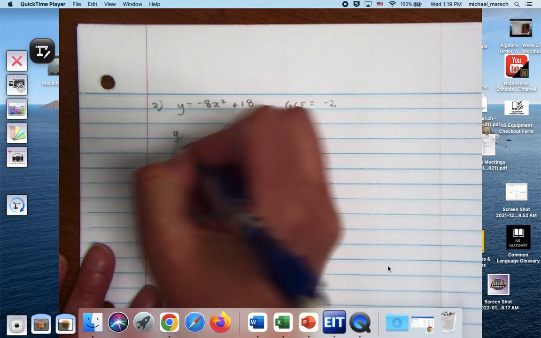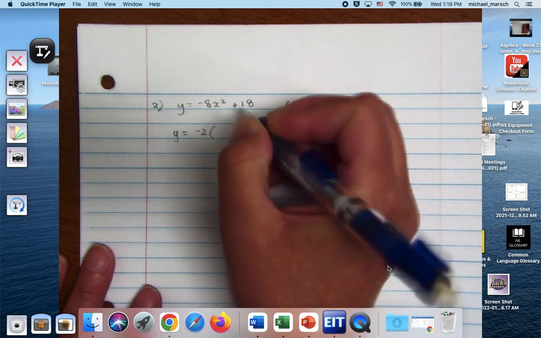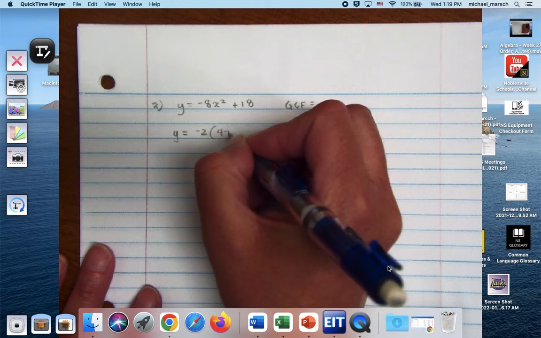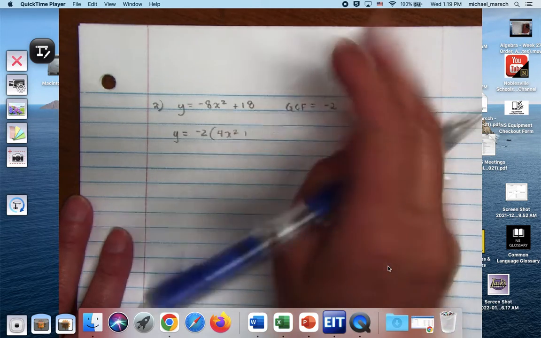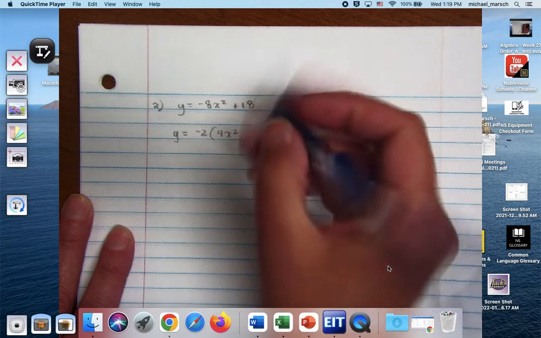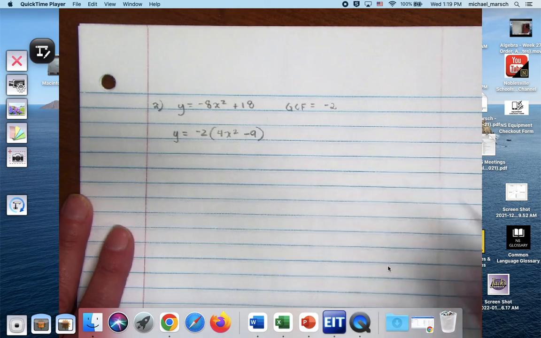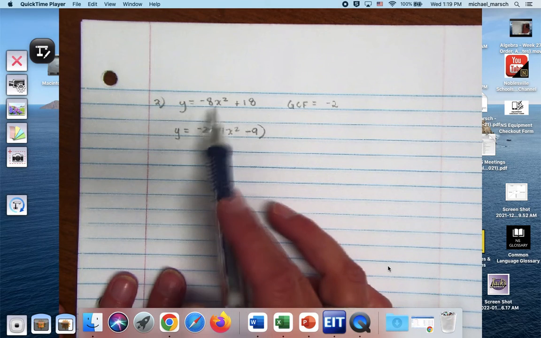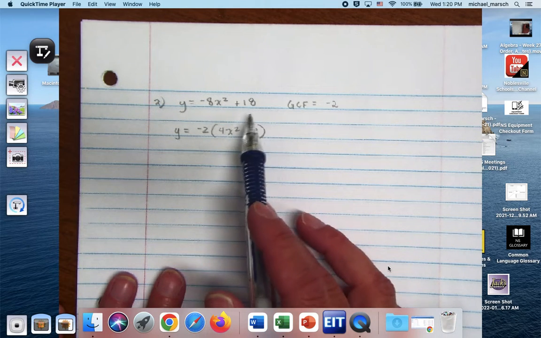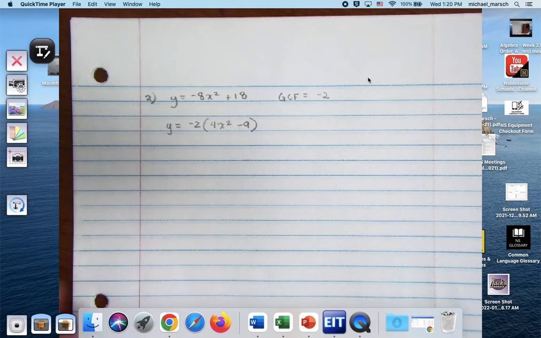So then we're going to be left with y equals negative 2 times the quantity 4x squared minus 9. Negative 2 times 4 will give me that negative 8. Negative times negative makes a positive. All right, we'll pick up